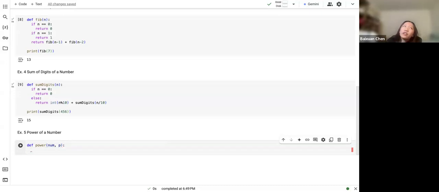So like the other cases, for example, if you had 3, 4, we would have the base case be if p is 0, right? Because 3 to the 0th power is 1. So then if p equals 0, we return 1. And then else we would just return num times power